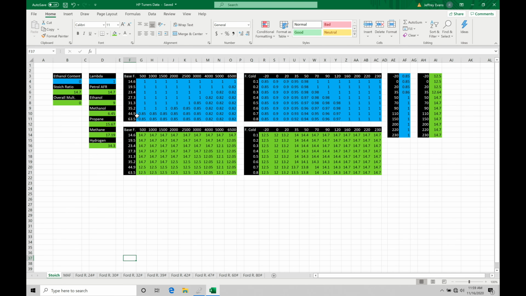So let me jump back into our calculator here. So if I change my ethanol content here to 10%, notice what's going to be happening. The new Stoich ratio that you would have to enter into that parameter, which is going